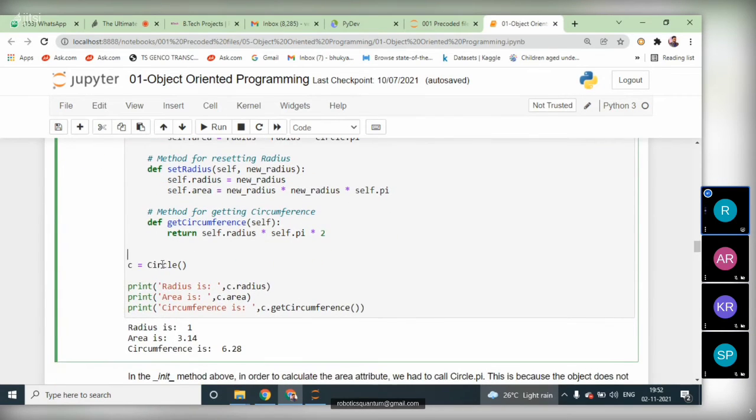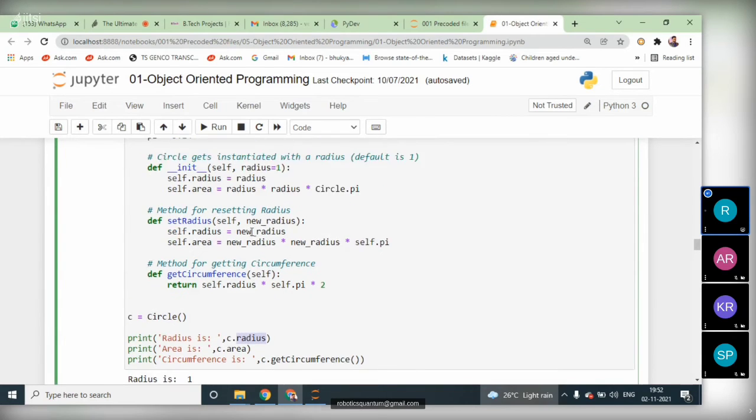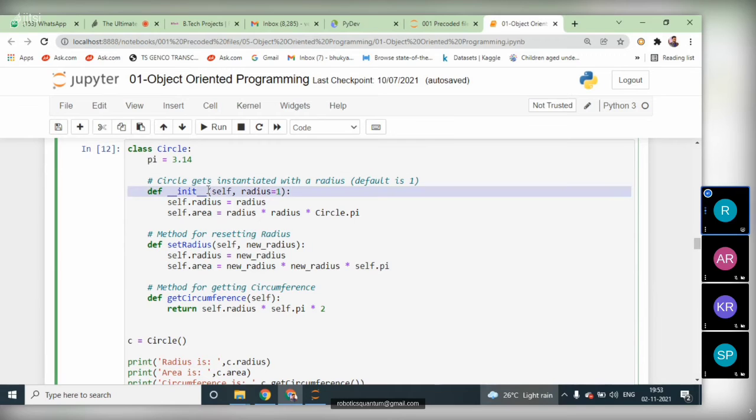How do you call them? Here we are creating an object reference variable for the class Circle. That object reference variable is c. Now with the help of c we can access those. As we know, the constructor is executed at the time of object creation. So the first part inside the class will be executed automatically when we execute this line.